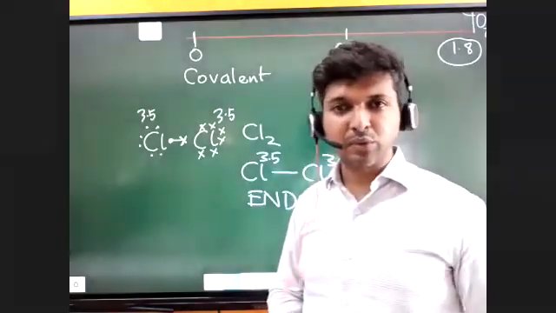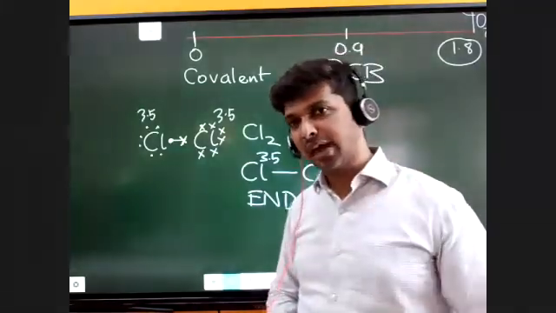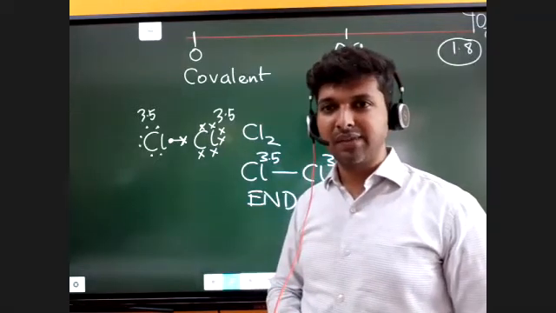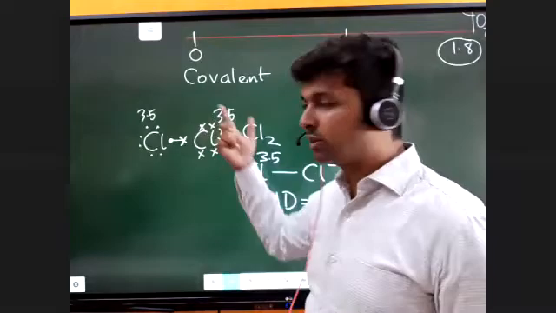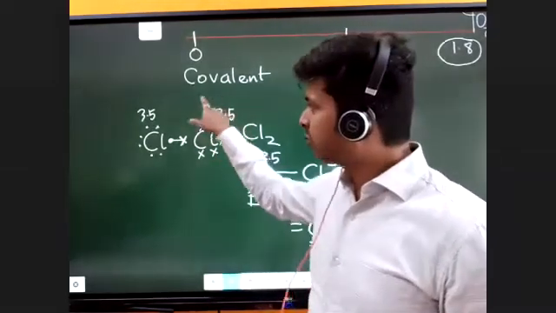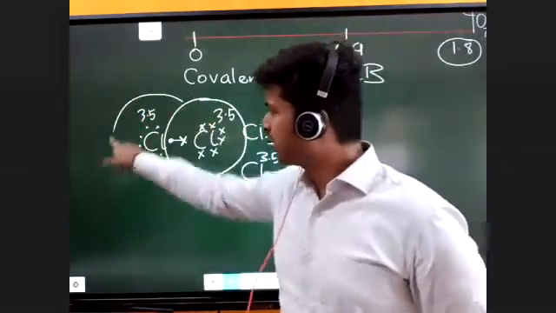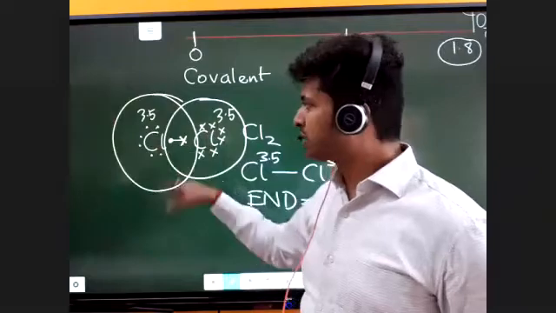So what they will have to do, ultimately they will have to share those electrons, right? And when they share those electrons, तो क्या होगा? They will form covalent bond. कोवैलेंट बॉन्ड. सो दोनों इलेक्ट्रॉन्स शेयर करेंगे।